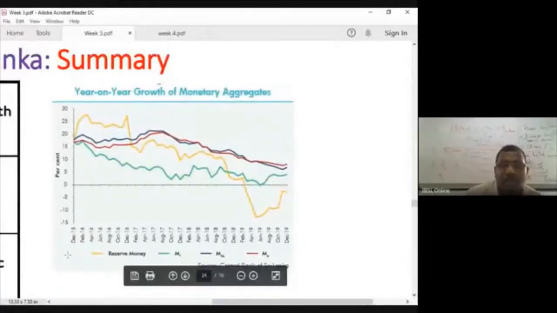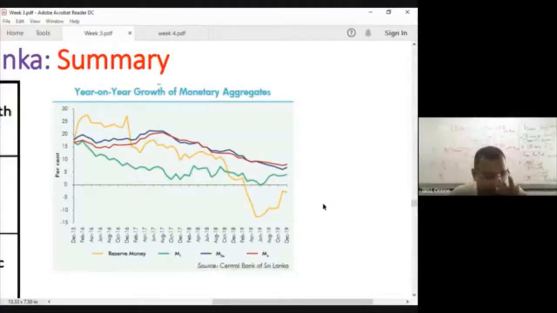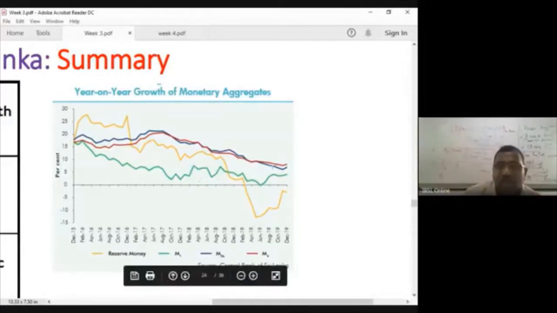So this yellow line is reserve money. Green line is M1, narrow money, and blue and red lines are broad money aggregates, which means M2B or M4, financial service, anything. So what are the observations that you can make about what has happened during the last many years,